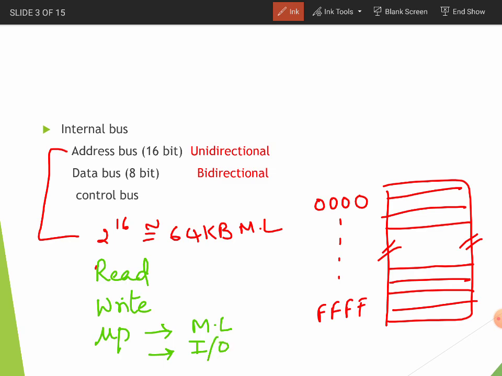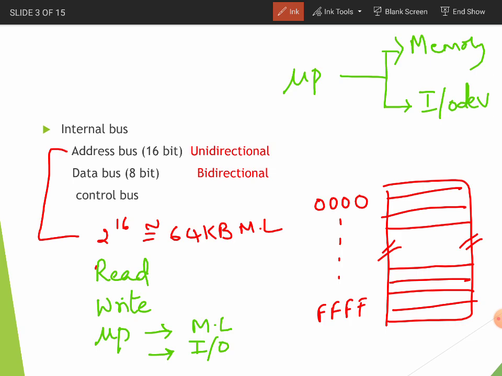That is the reason the address flows from the microprocessor to the memory or to the IO device. So that is the reason the address bus is unidirectional.